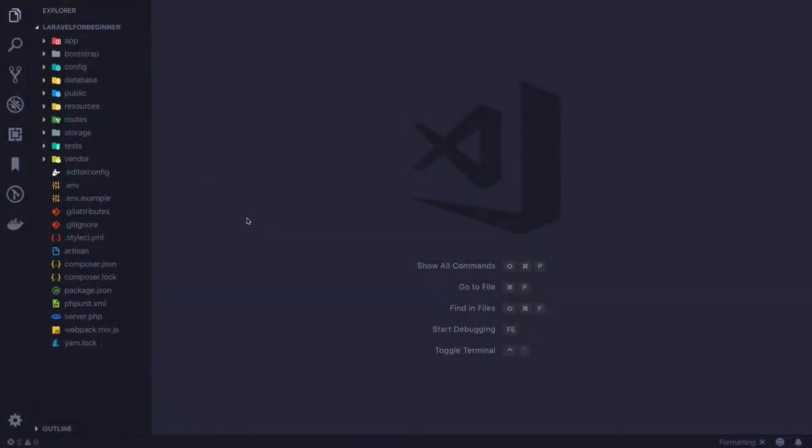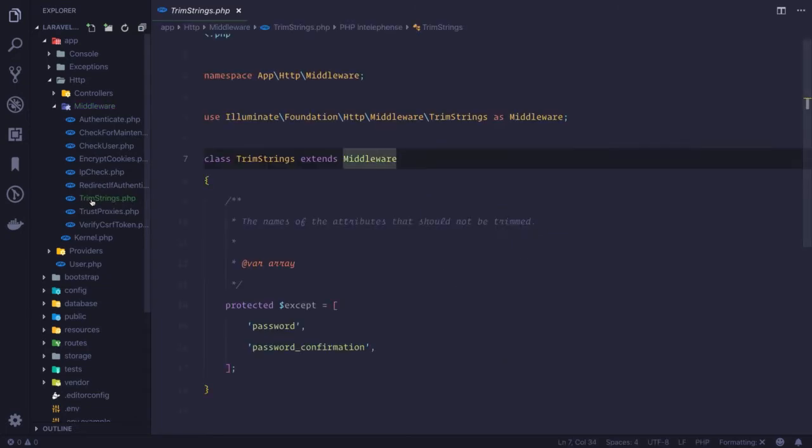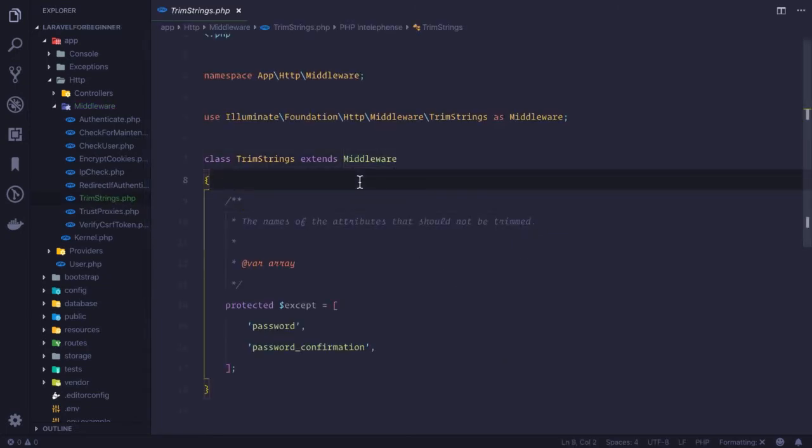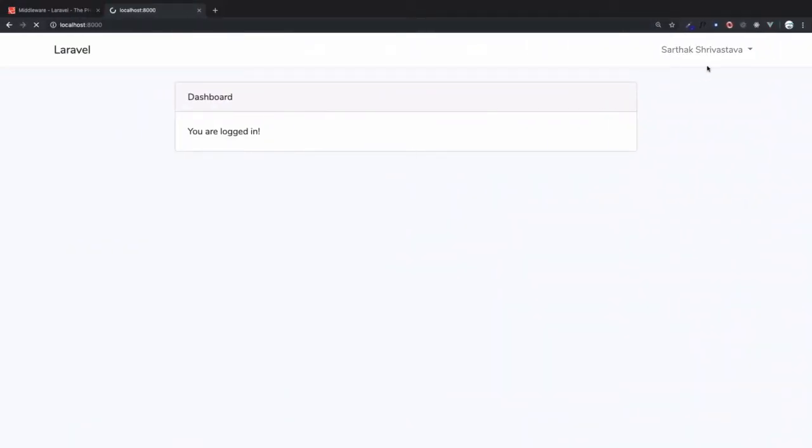The next middleware we are going to talk about is trim string. What is this trim string going to do? One thing I'm going to show you is what happens if I try to register